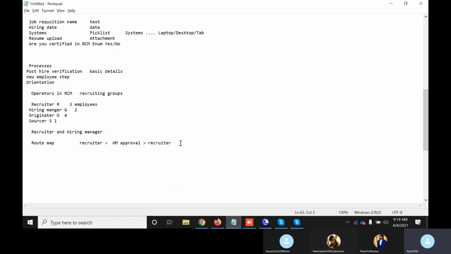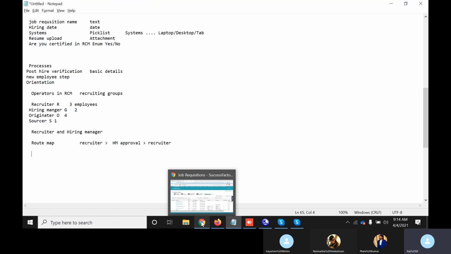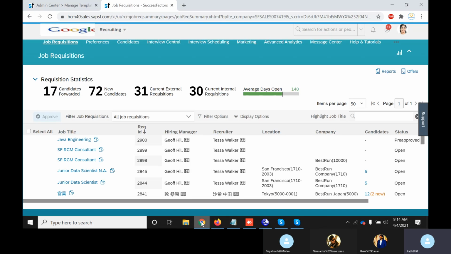So for each and every job requisition, whenever you create a job requisition, we have to create one route map. It is nothing but the approvals process, and we have to assign it. So how do we create a job route map? Before that, first we have to check whether that particular job requisition template already has any route